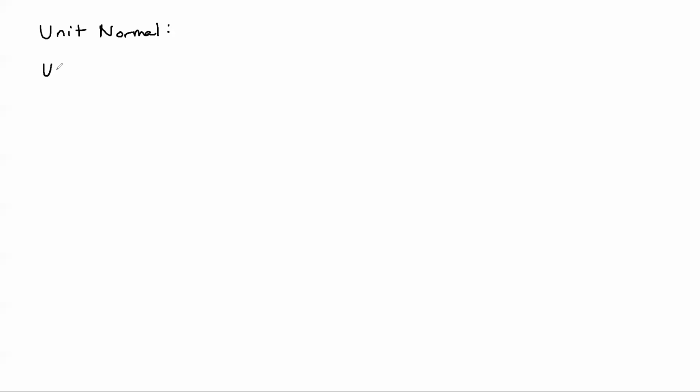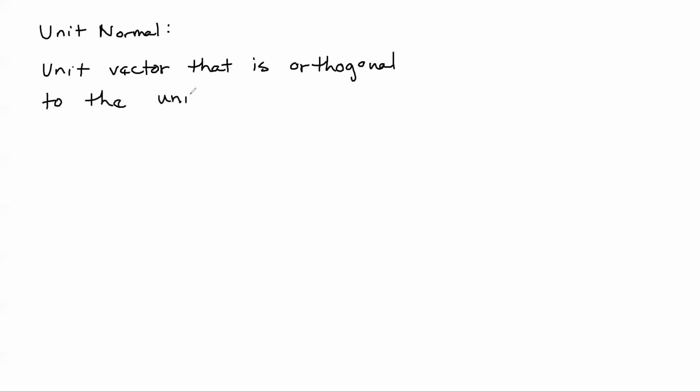It is a unit vector that is orthogonal to the unit tangent. Okay, and also, I'm going to add on to this in just a second, but it's not going to make any sense until you actually see a curve. All right, so let's go through and